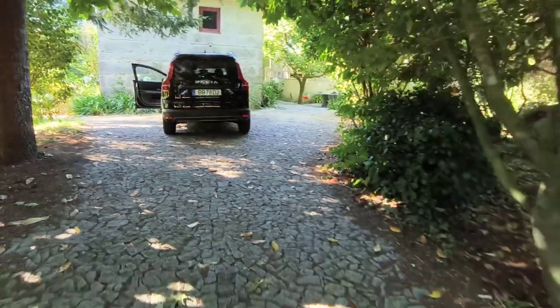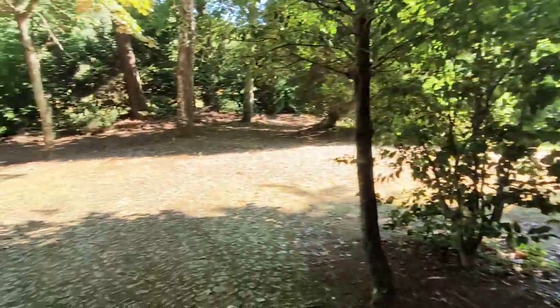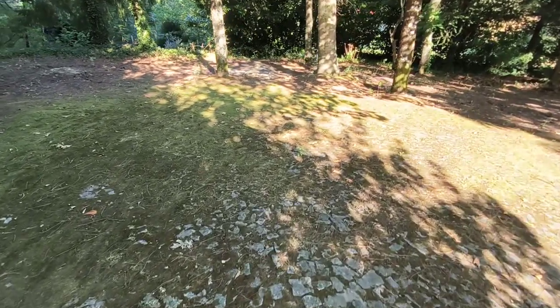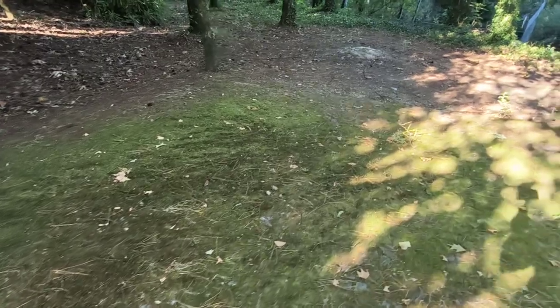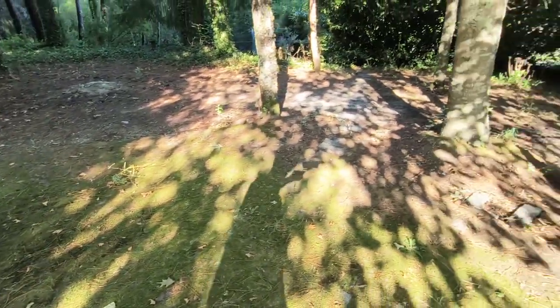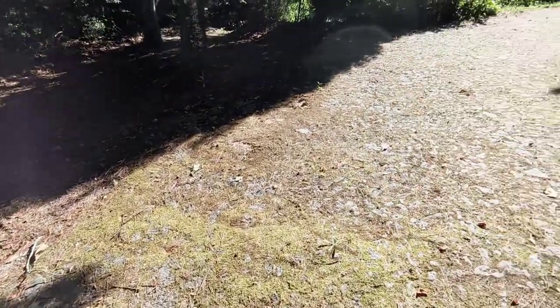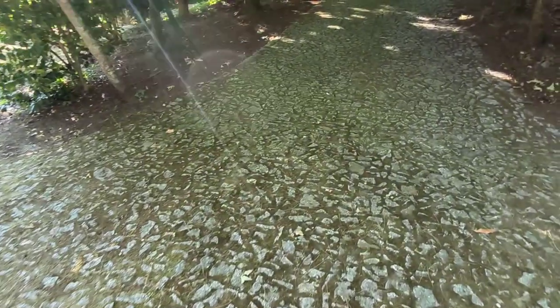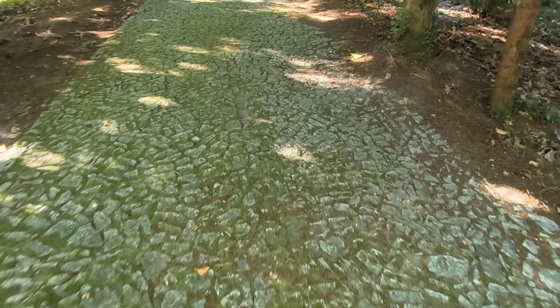Now, as I walk down this drive, I'm going to just swing the camera out so you can see where we are. And we're at an Airbnb location near Lanoso, which is near Braga. And look at this lovely, lovely scenery, and more than adequate, you would think, area for turning a vehicle around. Unfortunately, the Dacia Jogger has the turning circle of a Boeing 747. It just,